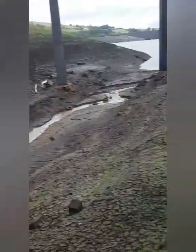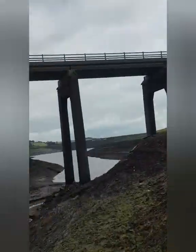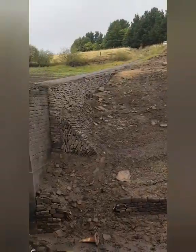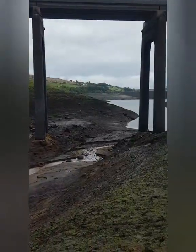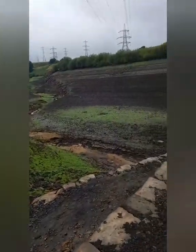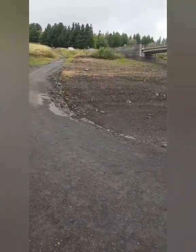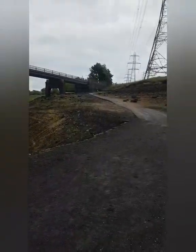But anyway, can't knock a bit of old history, can you? Anyway, let's see if we can get some more stuff, anything of interest really. Let's have a look. So this must be the old Packhorse trail. Very similar to the Roman road, maybe what we've seen at